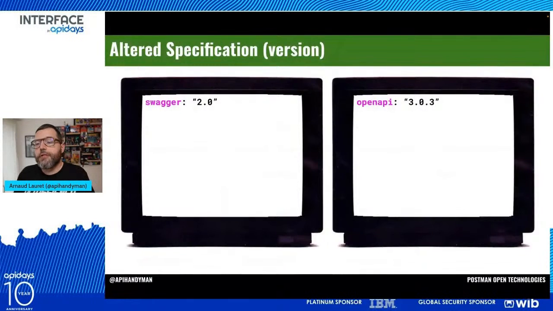First, structural modification. In a Swagger 2 document, the version of the specification used was indicated by a swagger property. It has to be changed into an openapi property. By the way, when you create a specification, whatever it is, it's a very good idea to put the version of the spec inside the document. That way, the work of parsing documents will be easier for people creating tools. And also, when you find a document, you know in which version of the spec it is. Not to be confused with the version of the API, which is in the info.version property.